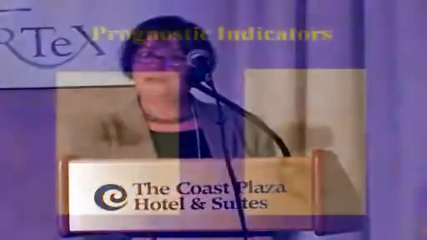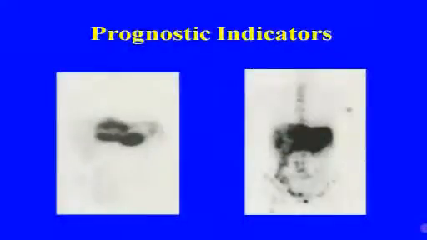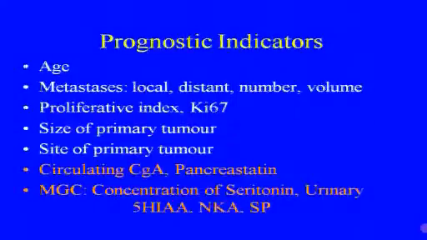But in some patients, the tumour progresses very quickly, and this is another scan, an octreotide scintigraphy, taken after 6 months in the same patient, and you can see that the disease has spread enormously. We don't want to miss that window of opportunity. For this patient, there was a short period when we could really intervene and do something, and we didn't want to be sitting and watching and waiting. We want prognostic indicators that will indicate that this will happen.